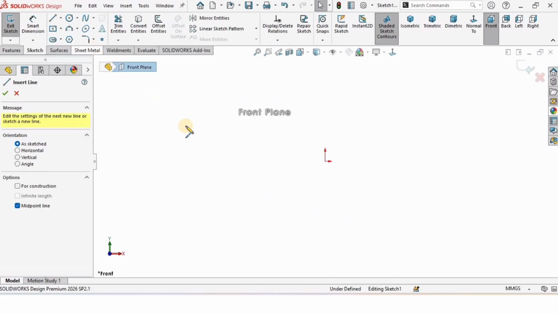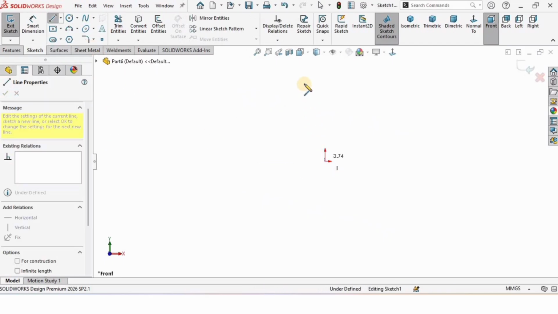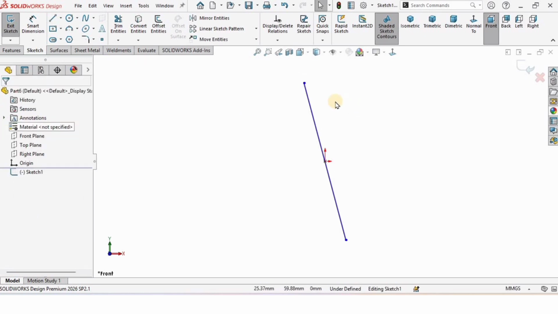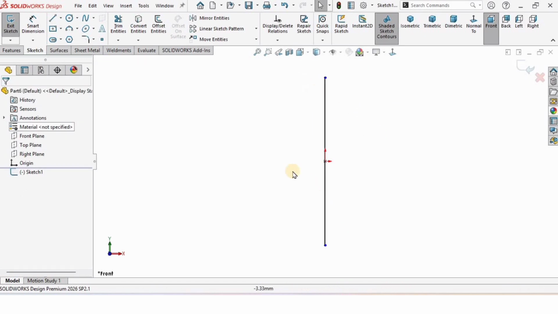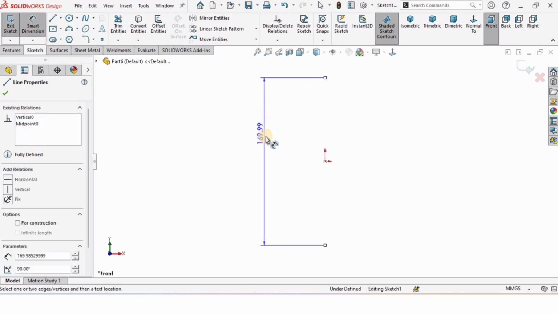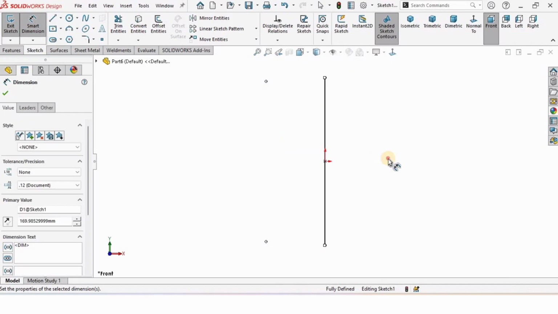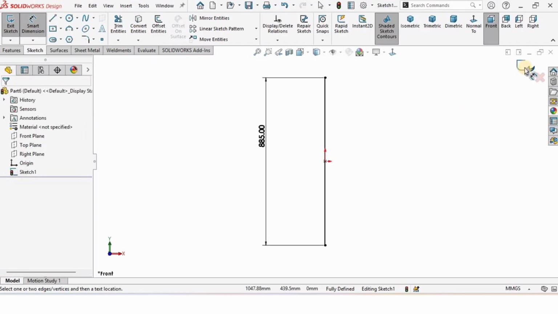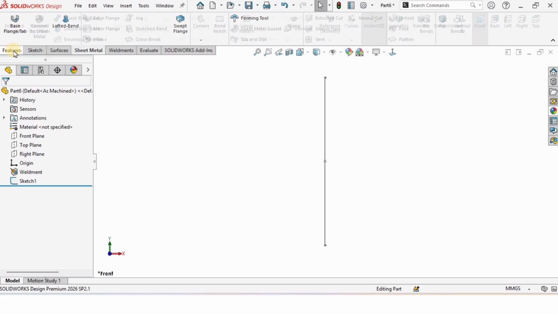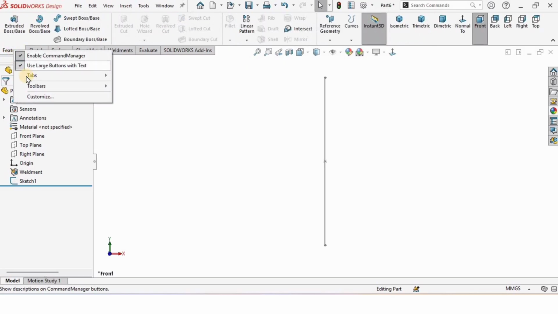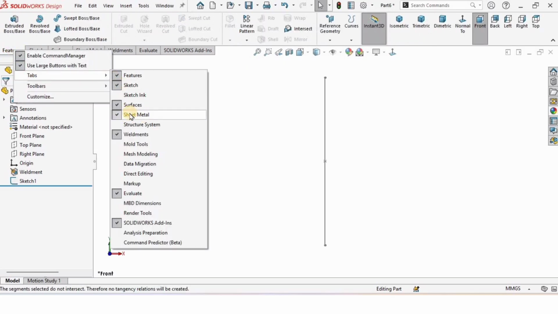After that, I will select the midpoint line and create a vertical midpoint line. As you can see, this is not vertical, so I will select it and assign a vertical relation, so this can be perfectly vertical. After that, to define it, I will select the Smart Dimension tool and assign the length of this line as 885. Then go to features, right click here and go to tabs and make sure that you